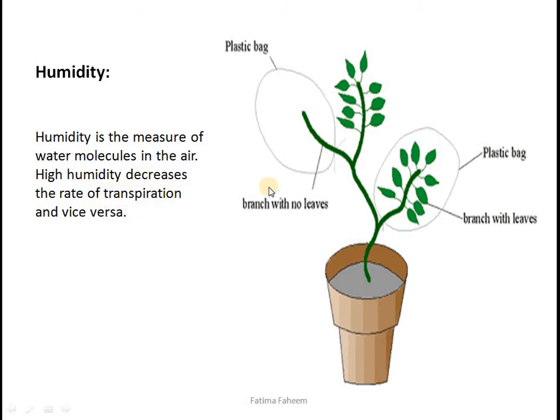To understand this phenomenon, let's suppose that we have taken a plant. One of the shoots is not covered with a plastic bag while the other is. The third one is covered with a plastic bag but contains no leaves. So we know that the aerial parts of the plant, all the stem, which also contains stomata but in fewer number, and also the leaves would transpire, they will lose water into the external environment. What we have done is that we have created high humidity in the shoot which is covered with the plastic bag. We are not letting the water molecules escape into the external environment.